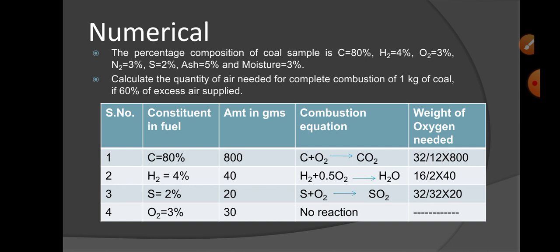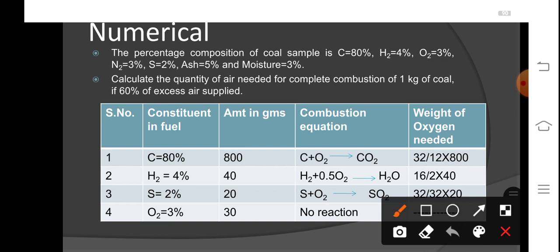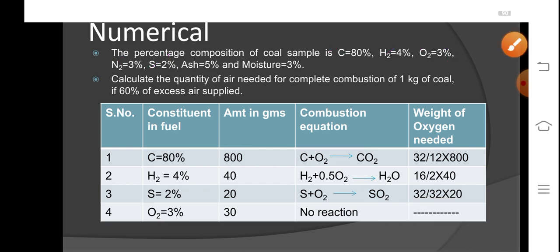The guidelines were that we have to take up the fuel. So here in this question, what are the fuels? What are the combustible substances? Carbon, hydrogen, and sulfur. Oxygen is not involved in the combustion, it is an extra amount of oxygen, so this we need to subtract. Nitrogen is inert, it does not undergo combustion, so we will not consider it. Similarly, ash and moisture are also rejected or avoidable.